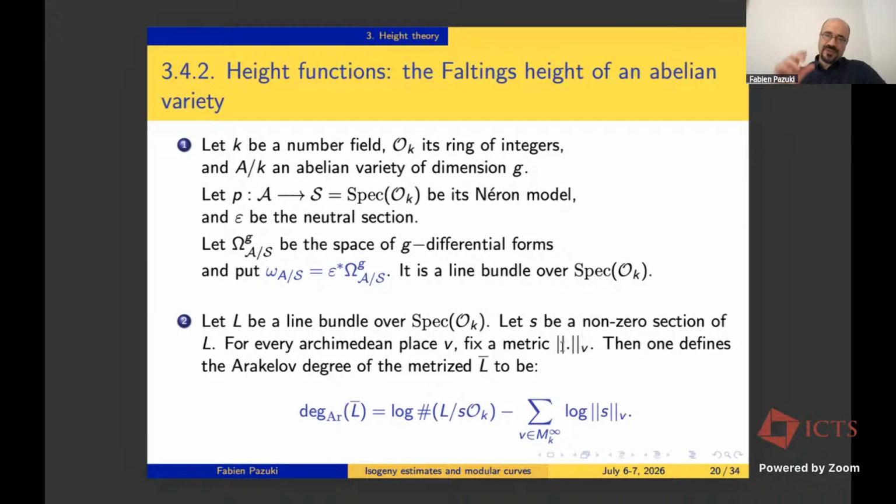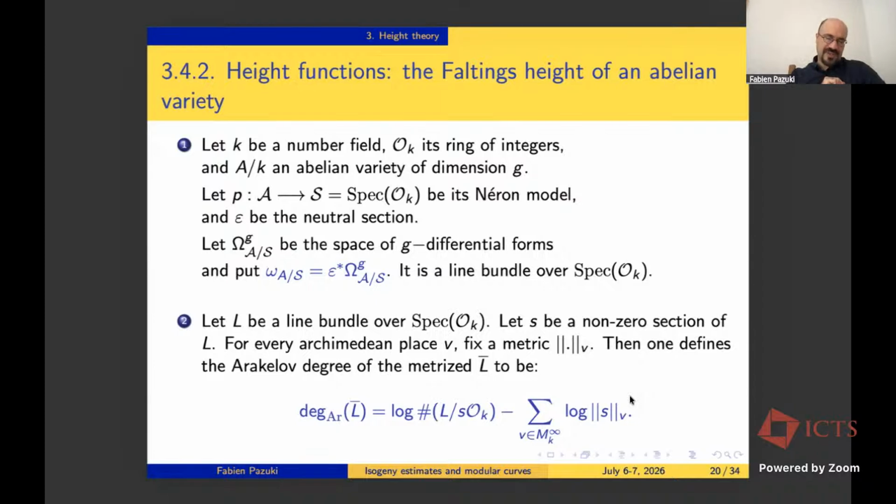We also focus on how to metrize the line bundle, and by the choice of some specific metrics, we will define what is called the Arakelov degree of the metrized L. Which is just a classical degree in a way, but then you add a term that is coming as minus log of this metric. That is the choice you made